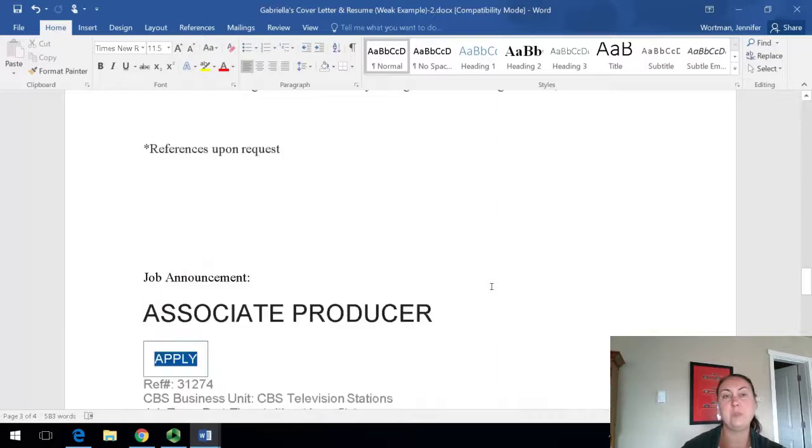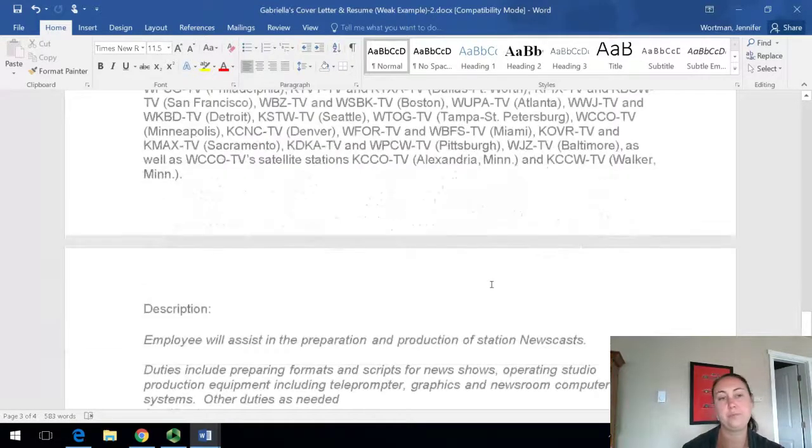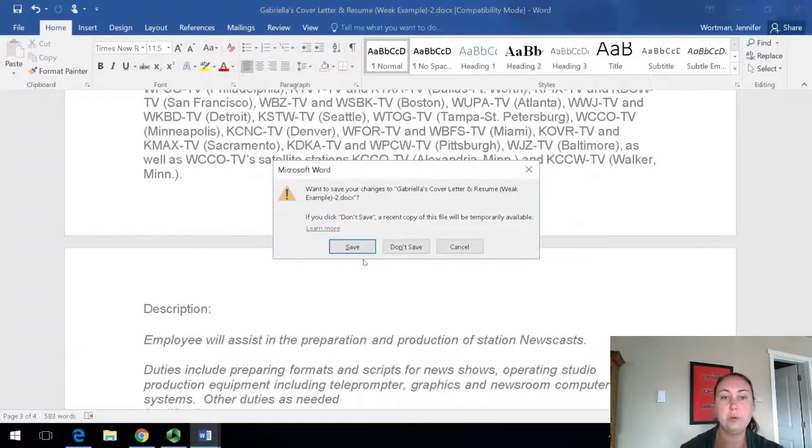And then they have their job announcement. Again, the resume and job announcement run together on the same page. They should all be on separate pages. So now I want to flip over real quick